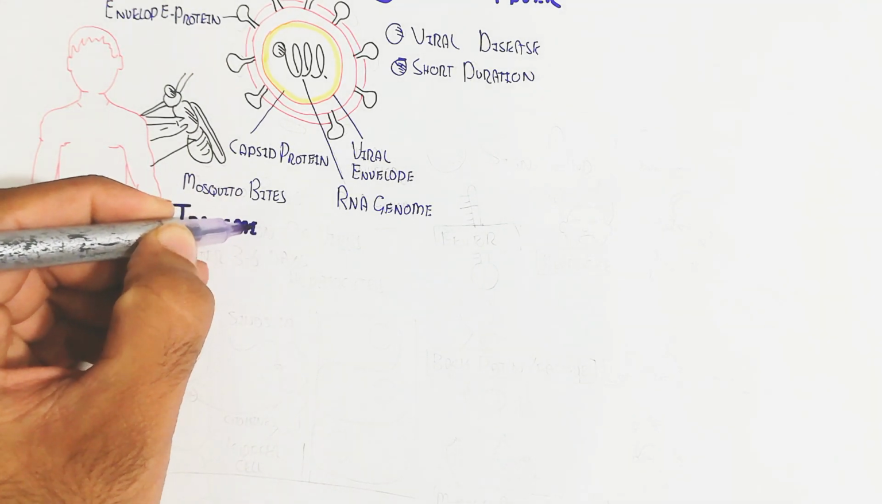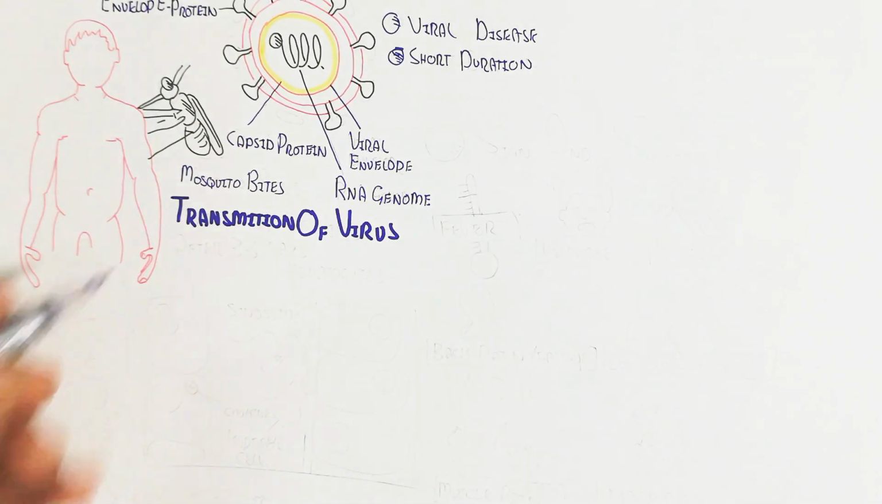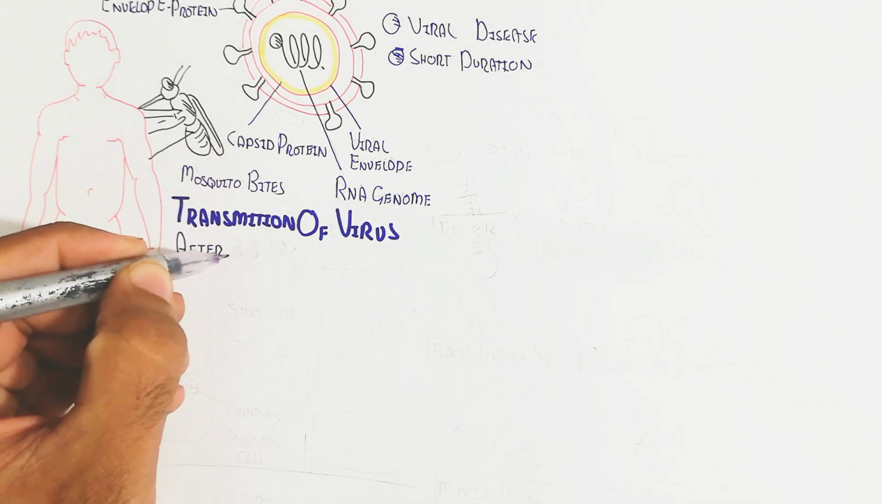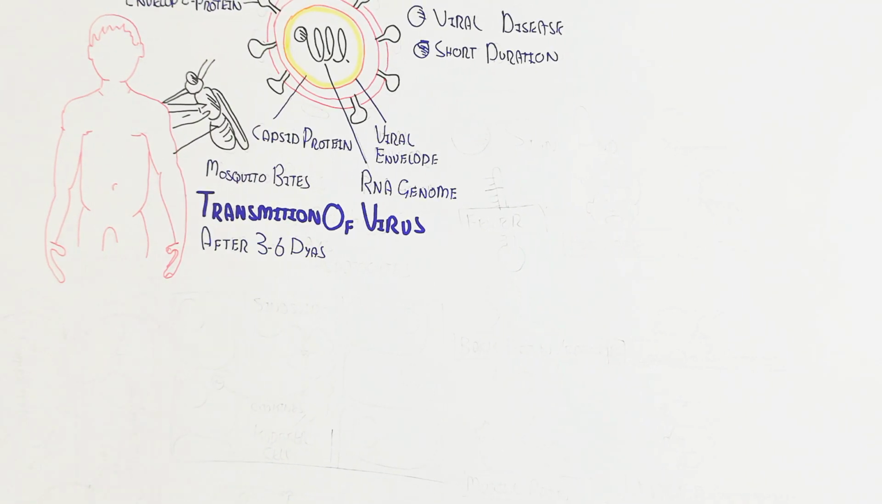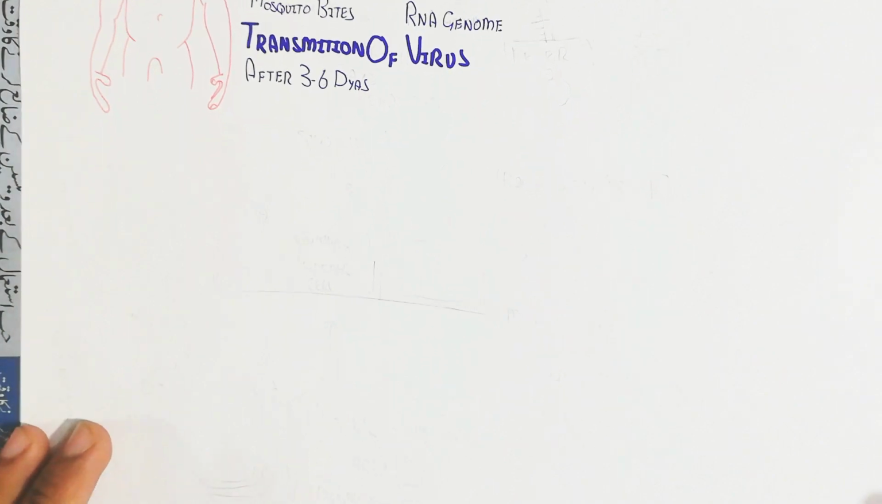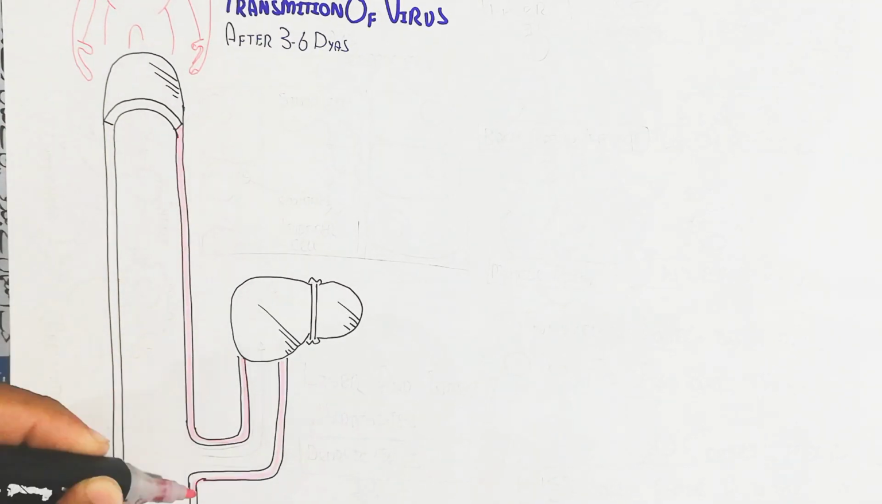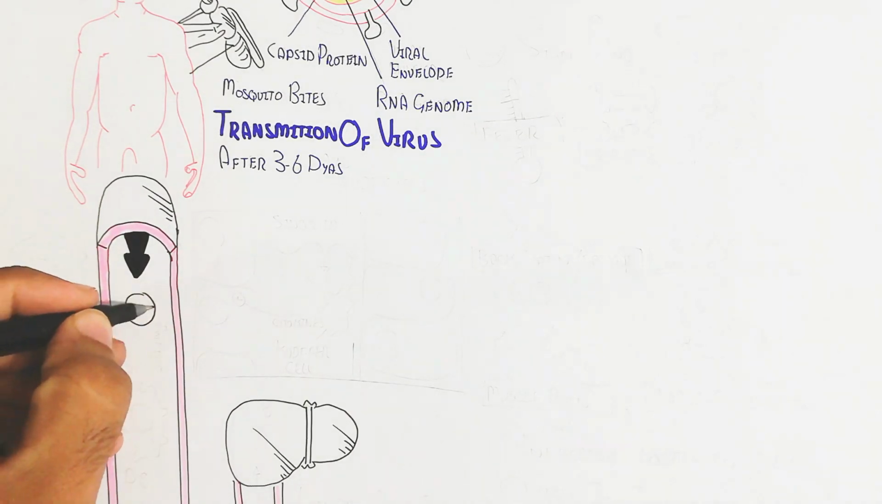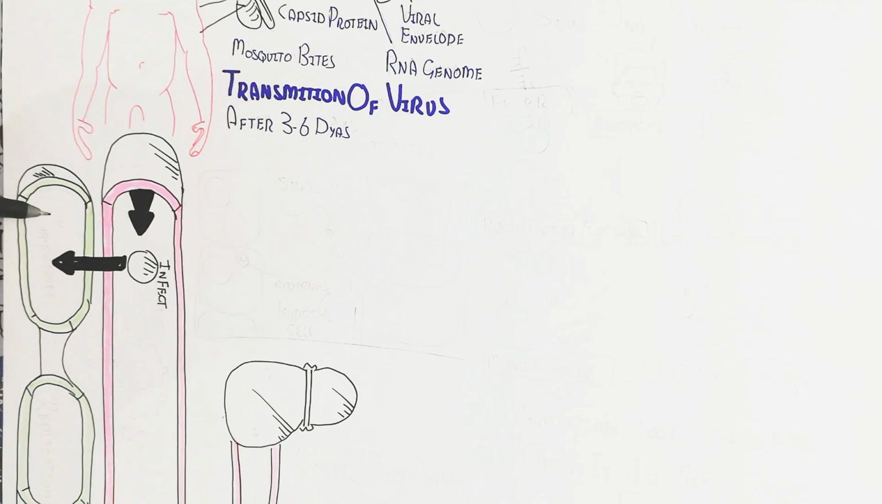After transmission of the virus, after 3 to 6 days, the complications and the signs and symptoms of the virus will arise. The fever will arise, and when the virus goes into the blood circulatory system, it will infect,